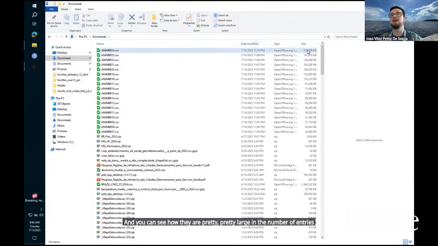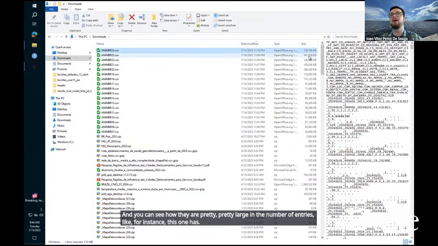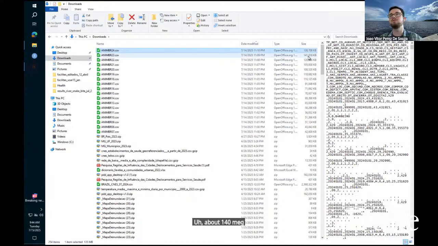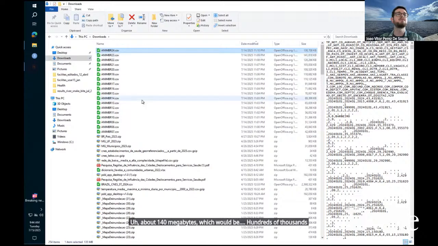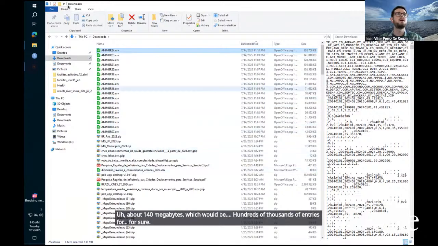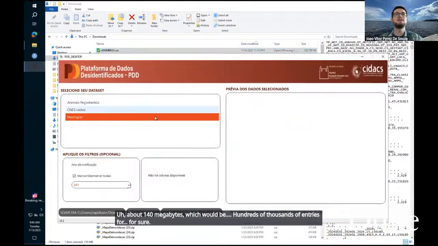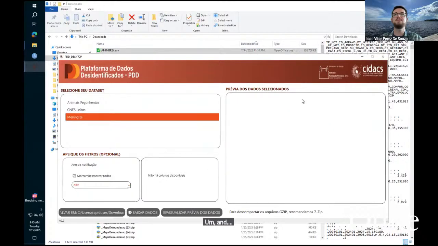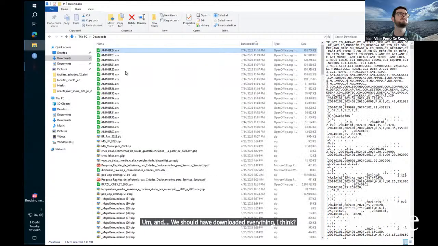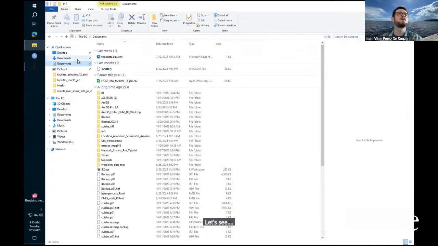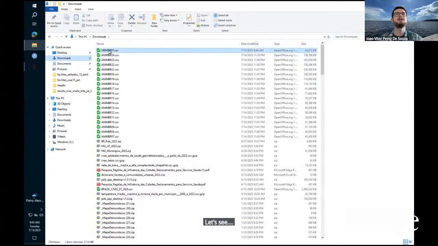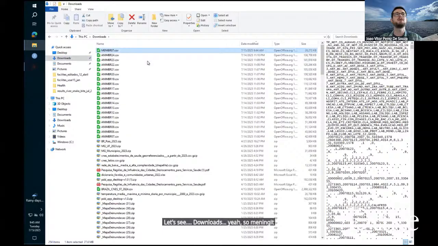For instance, this one has about 140 megabytes, which would be hundreds of thousands of entries for sure. And we should have downloaded everything, I think. Let's see. Downloads. Yeah, so meningitis. I'll try to open it up here.